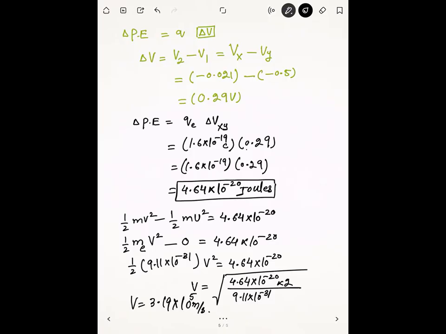Now, one last example about conservation of energy, and then we'll move to the next topic. You're given 2 points. One of the points is P, the other point is Q. P is at negative 2 volt, Q is at negative 10 volt. Now, A part of the question,